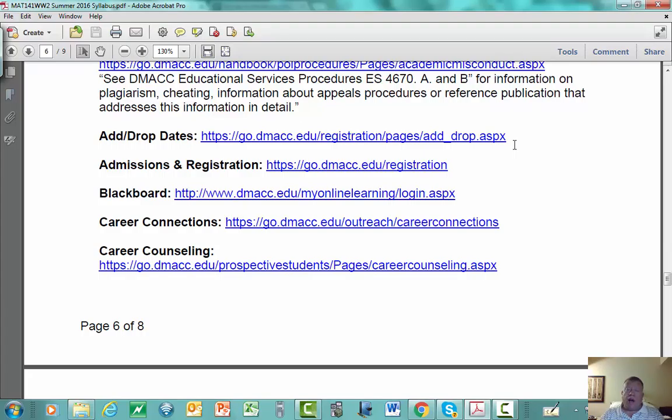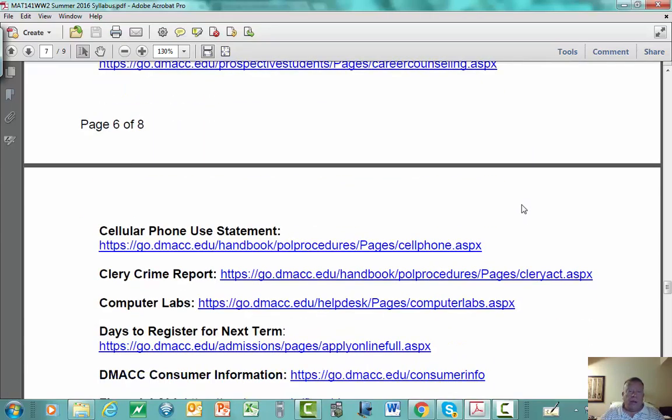And basically the drop means that you can withdraw from the course and you won't have a letter grade, except it'll just show withdrawal on your transcript. Okay, it won't count towards your GPA. So if you are failing the course and you know that you don't have much hope of passing it by the end of the semester, then make sure that you drop by the drop date, I mean. So anyway, scrolling down a little bit more,